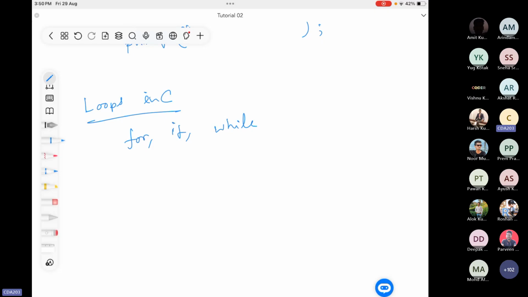Percent d for integer, percent f for float, percent c for character. Those will be done later. Yes, do while is also there, but do while and while are almost the same. So,